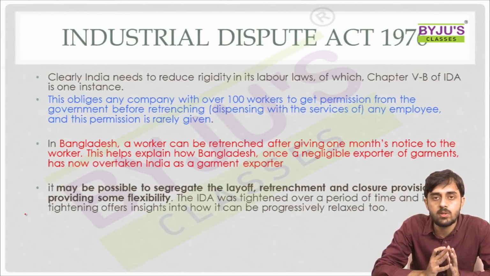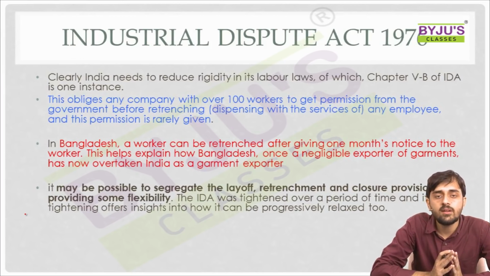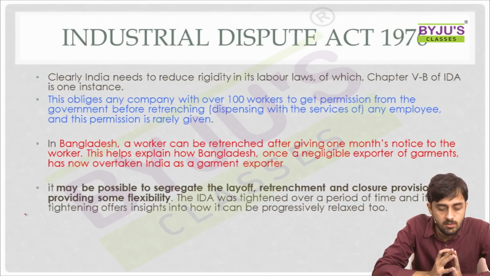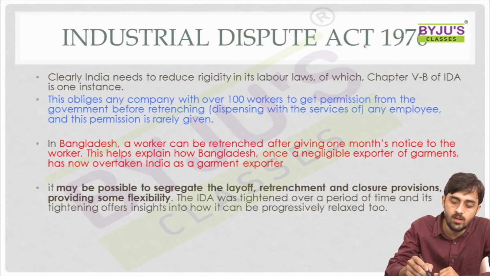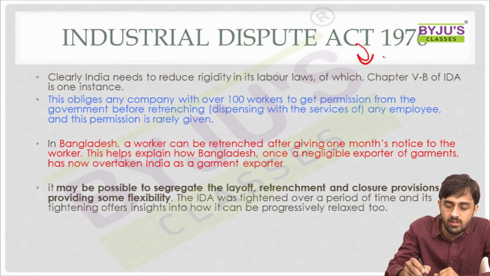So the Industrial Dispute Act of 1976 is the first major law which needs to be amended. So what does the Industrial Dispute Act of 1976 talk about? As I told you before, the Industrial Dispute Act of 1976 basically has been one of the major acts which has been held accountable for the rigidity in the labor laws in our country. So chapter 5B of the Industrial Dispute Act actually points out that if an industrial unit employs more than 100 workers, then in that